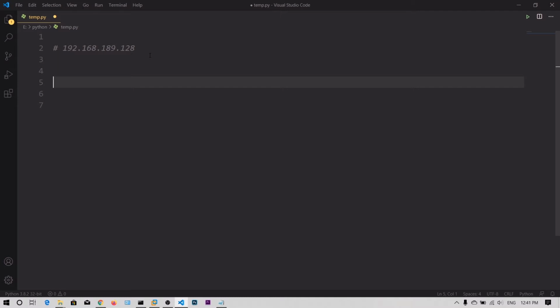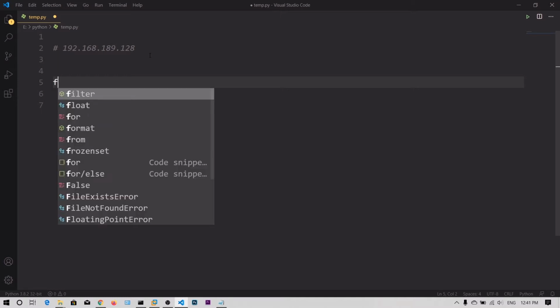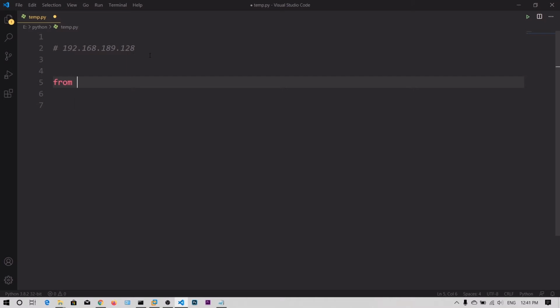Now, importing socket, we have written import socket. Then you need to type socket dot for each and every function in the socket library. To avoid that, you can also say from PooFuzz import star. What this line means is we are going to import every function and variable inside the PooFuzz module. So you don't need to call PooFuzz dot this function name, PooFuzz dot that function name. You don't need to call like that. It will save some time and space.